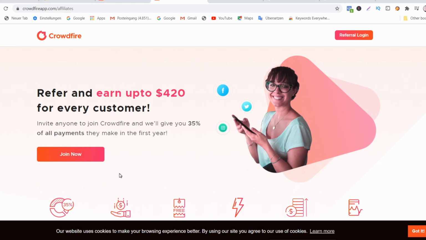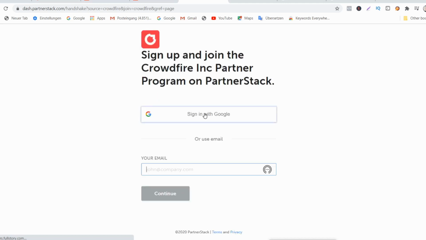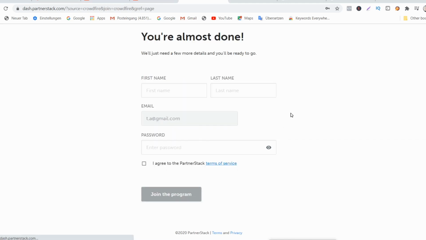But before that, if you want to join, you just click here and click join now. After clicking join now, it's going to bring you to this next page where you can sign up. You can either sign up with your Gmail account or with your email account. After signing up with your email account, it's going to bring you to the next page. After writing your email address here, you click continue, and it's going to take you to this next page